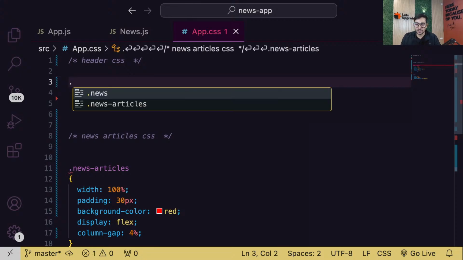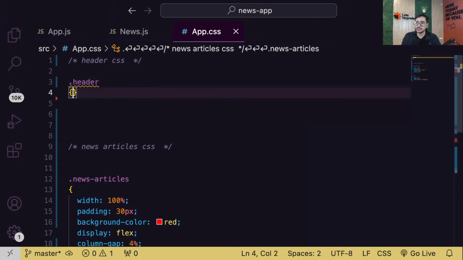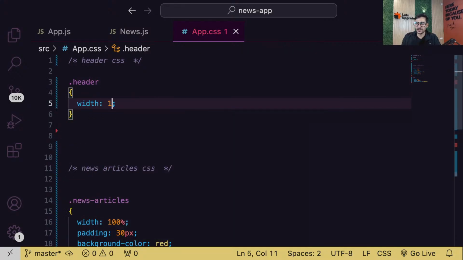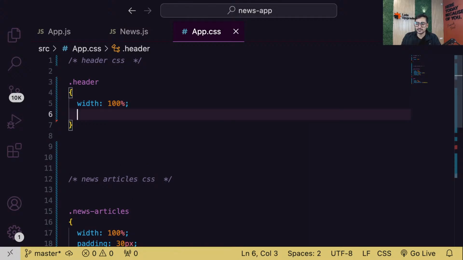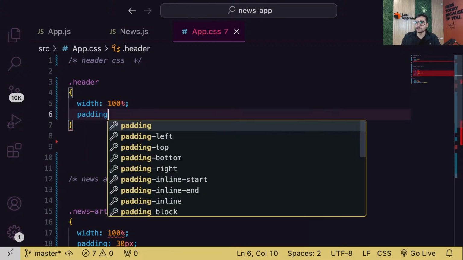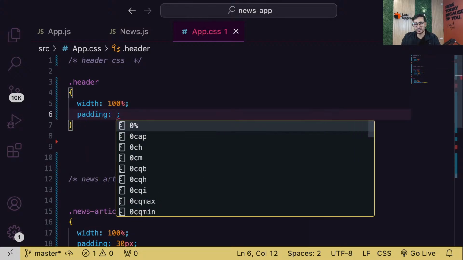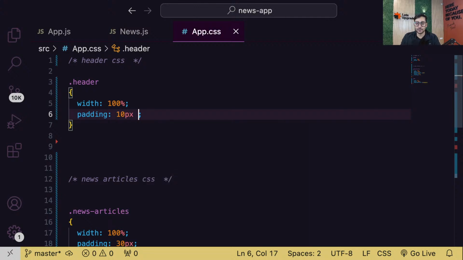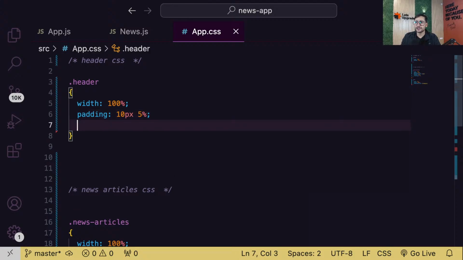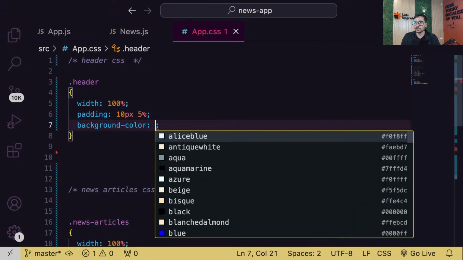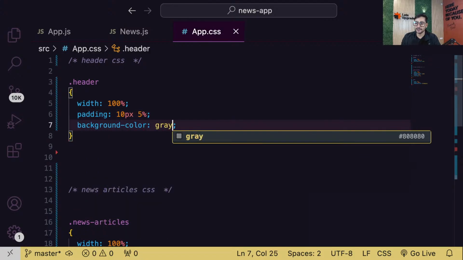Okay, so dot header. Let's apply some CSS to it. So width of again 100% for it, basic CSS, and padding top and bottom. So padding from top bottom should be around 10 pixel. From left right, I'm gonna give it around 5%, and that should be it maybe. And background color of, for now, let's put it as gray.